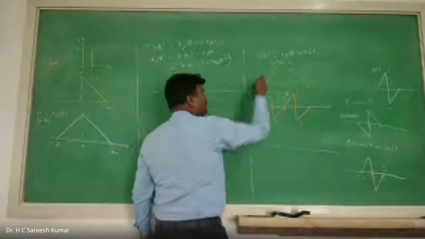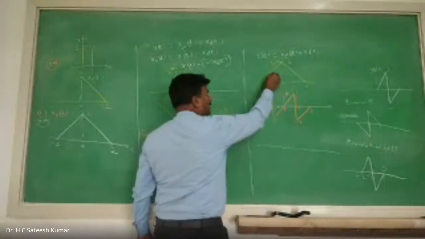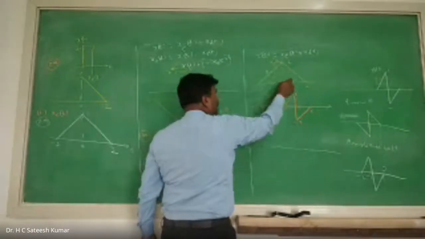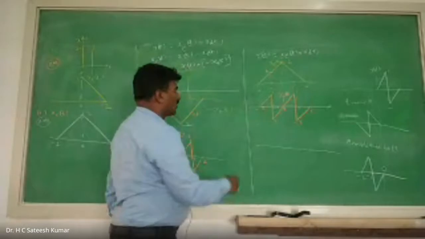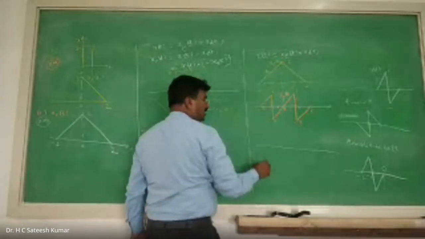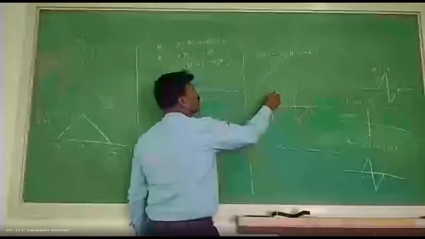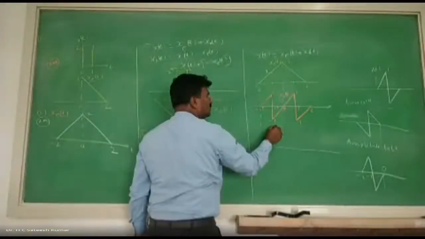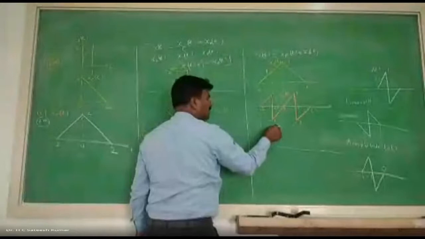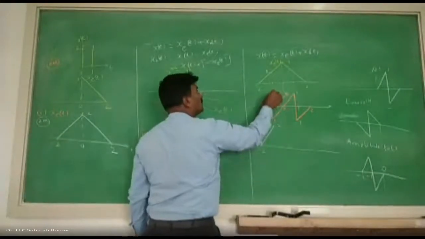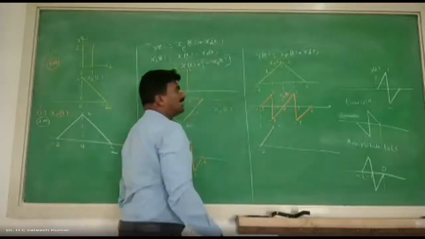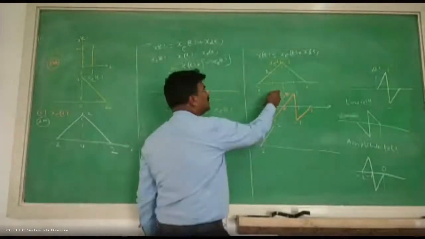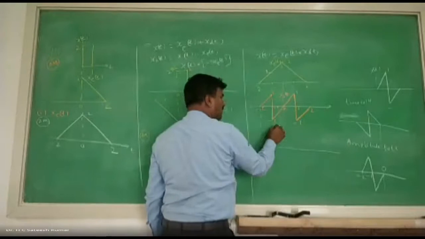Increase plus increase is increase only. See, at -1 its value is 1, because at 0 its value is 2, so it has to be 1 here at -1. Increase plus increase is increase. Therefore, what are you going to get at -2? 1 plus 1 is 2. So, increase up to 2. 1 plus 1 is 2. 0 plus 0 is 0 up to 2. Next, fall by 2 units. So, from 2 fall by 2 units means it will come back to 0.